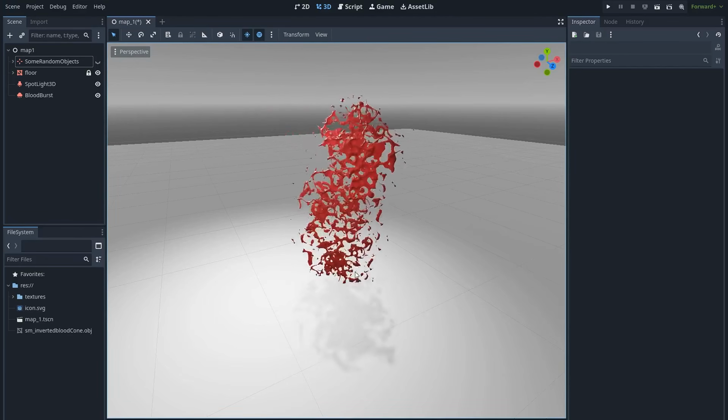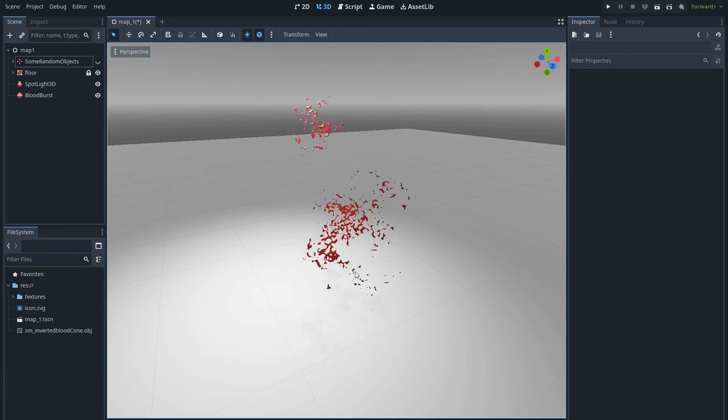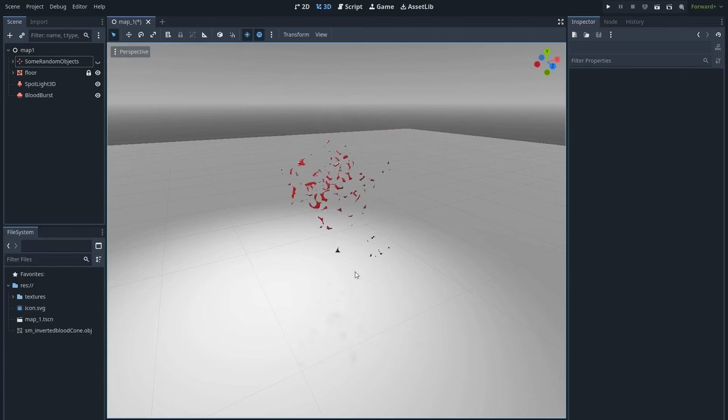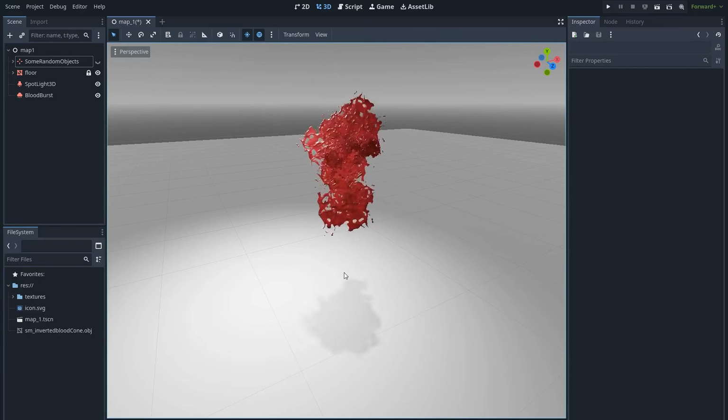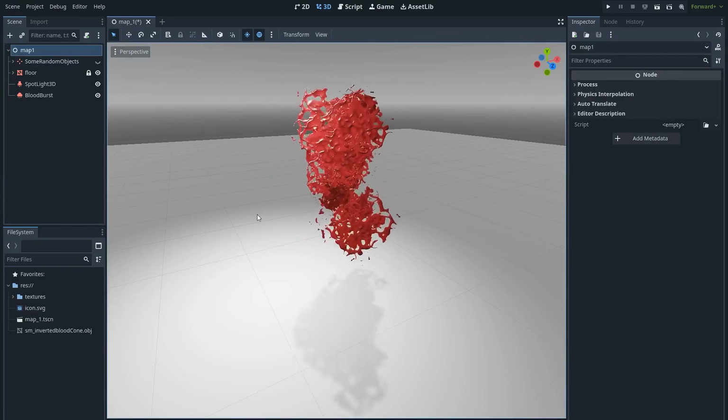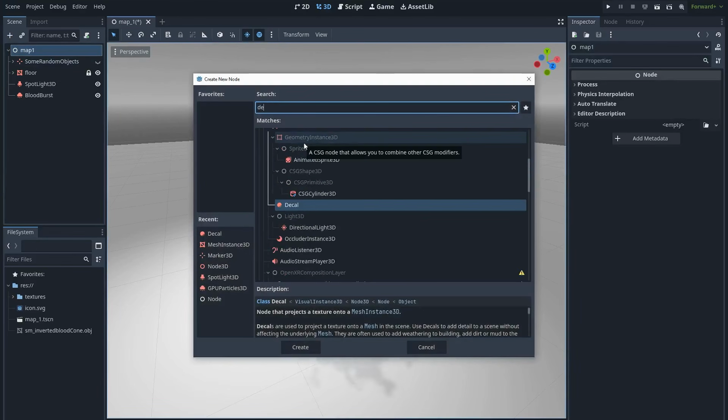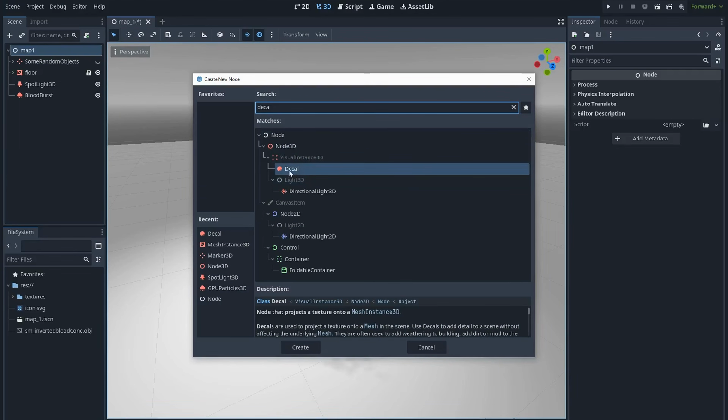I will start from the simplest and most basic way to do it, and I will scale to a more advanced way in case you want these blood stains to move and to be expansive and everything. So let's start with the most simple and basic way to do this, which is by using a Decal. So if we go and create a Decal node,